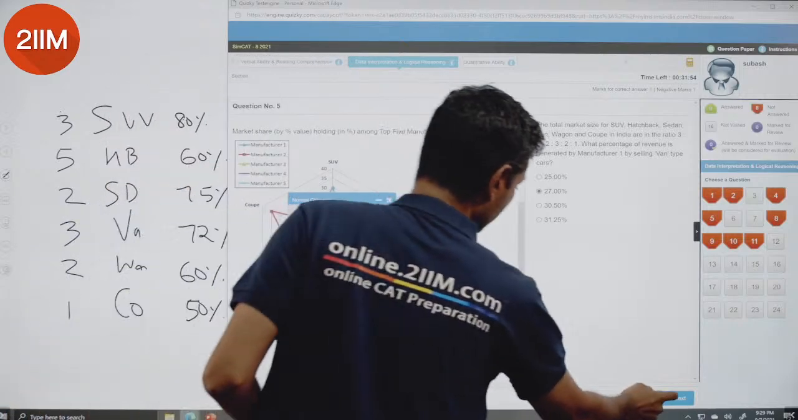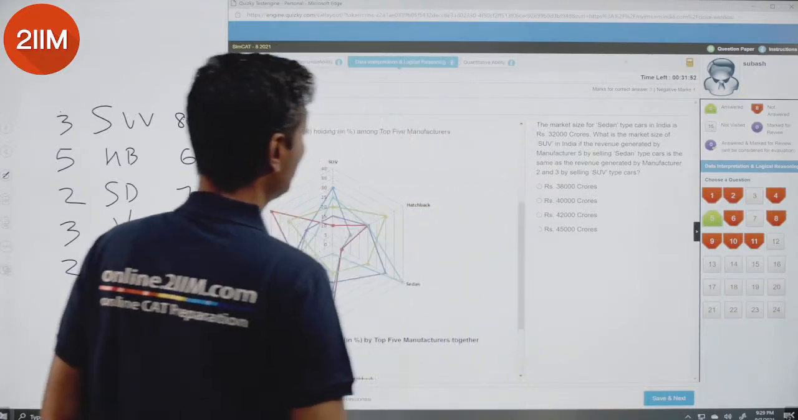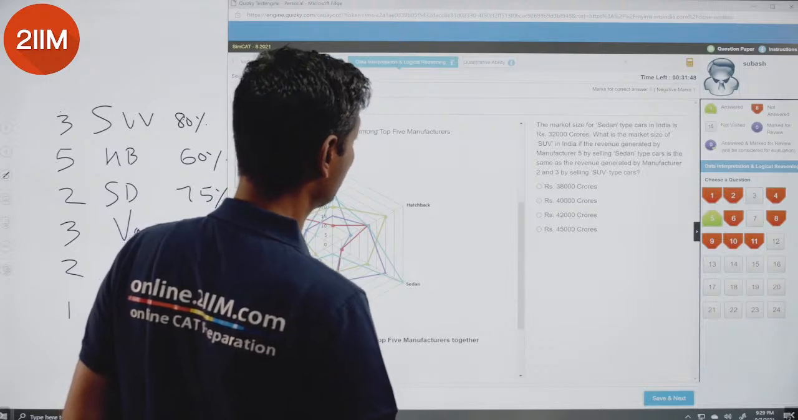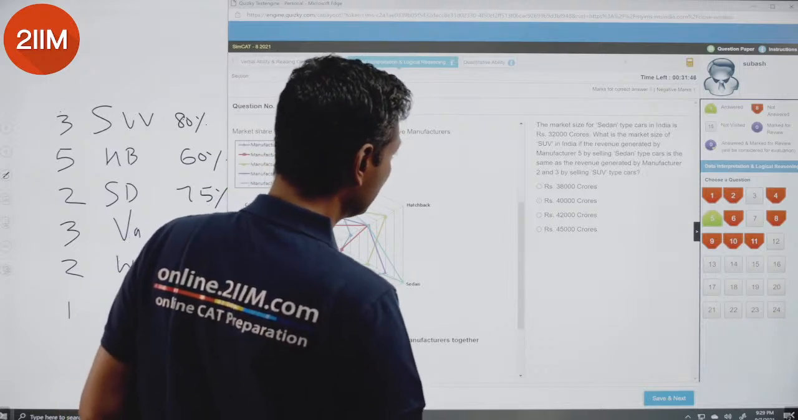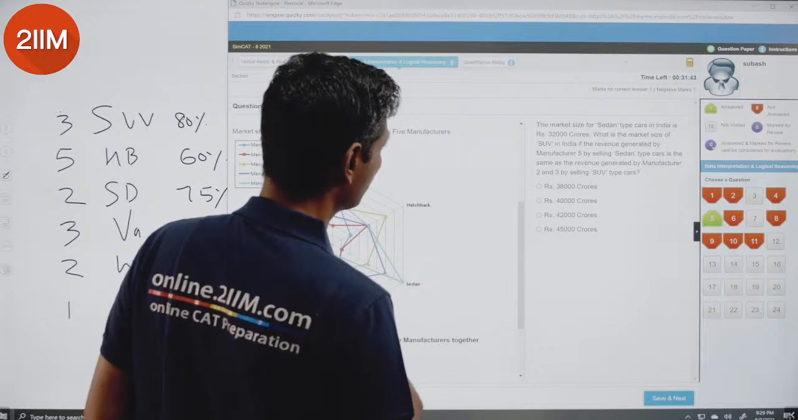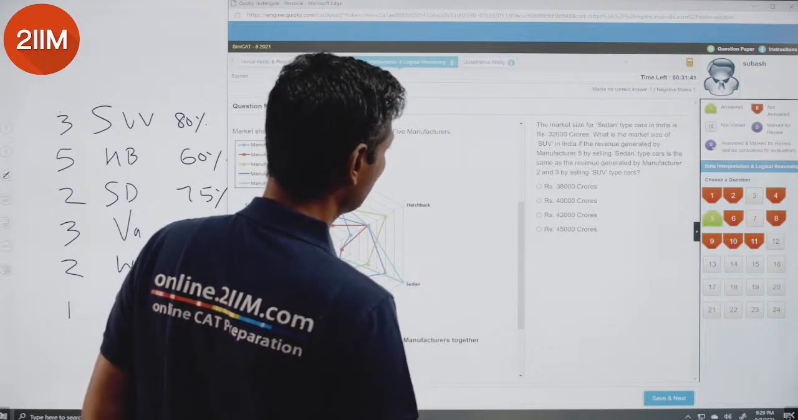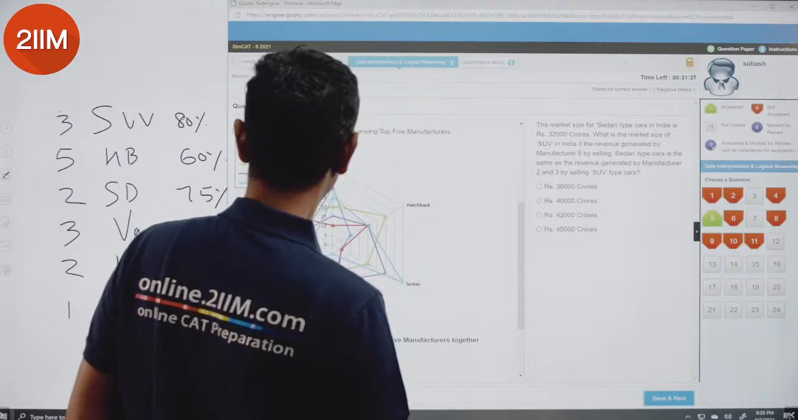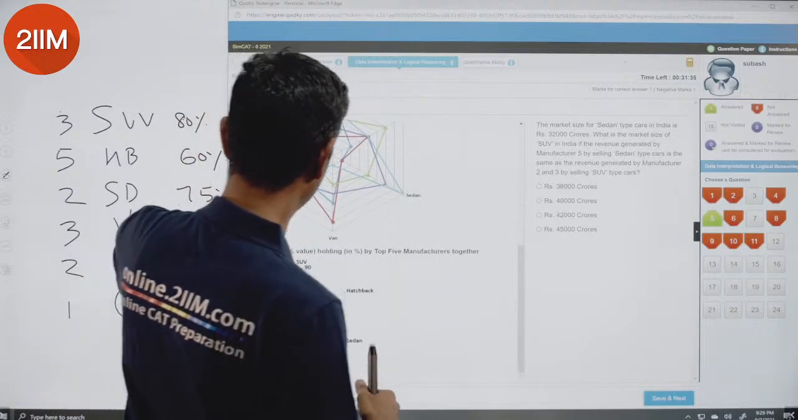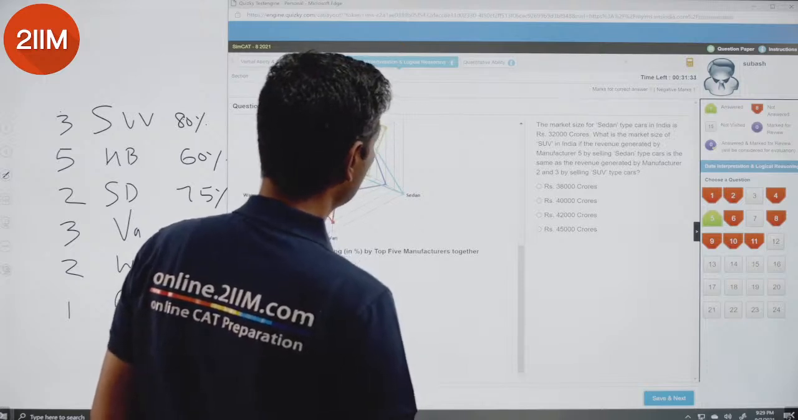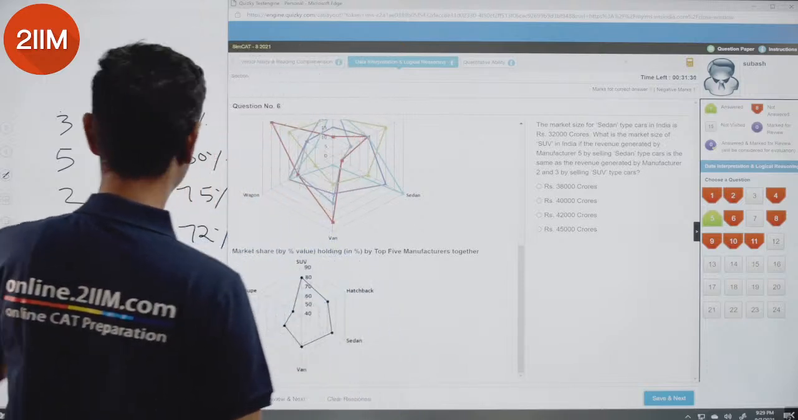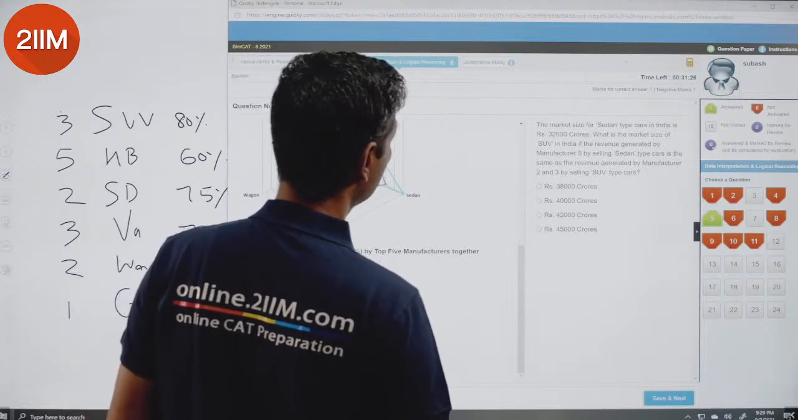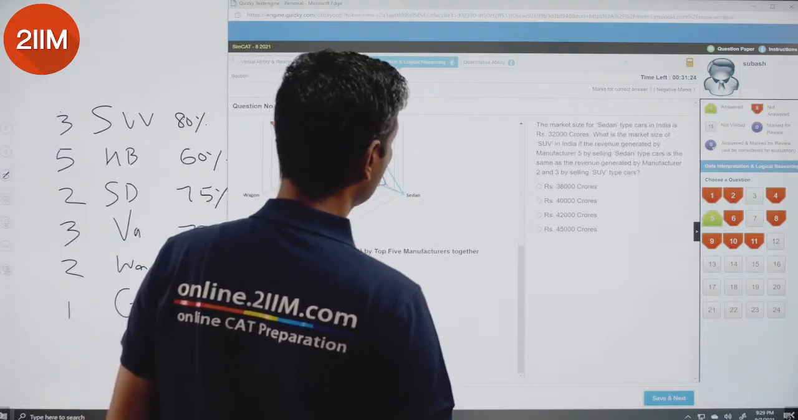I'm going for this. The market size for sedan type cars in India is 32,000 crores. What is the market size of SUV in India? If the revenue generated by the manufacturer by selling sedan type cars is the same as the revenue generated by, these are market shares by value. Market size for sedan type cars is 32,000 crores. What is the market size for SUV in India? The revenue generated by,